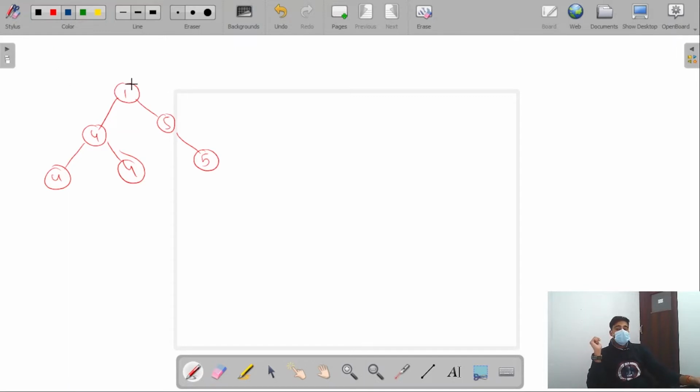So the moment we call, this node will call its child, that is, it calls this 4. Similarly this node calls its children, that is, it calls this node. The moment we come to this node, this 4, it returns some information to its parent, that is, it returns two pieces of information. First, what is the value of the node.